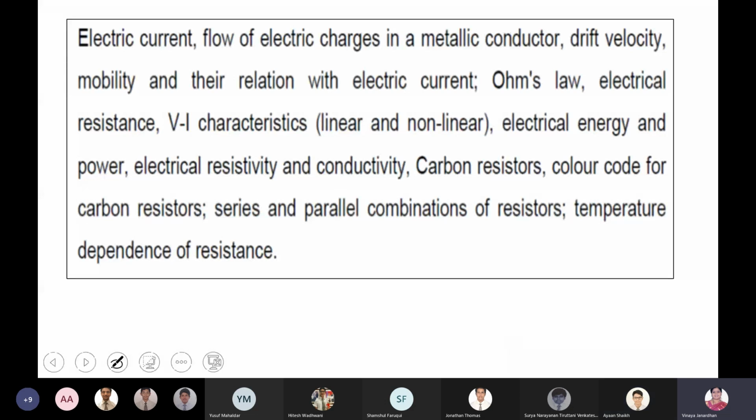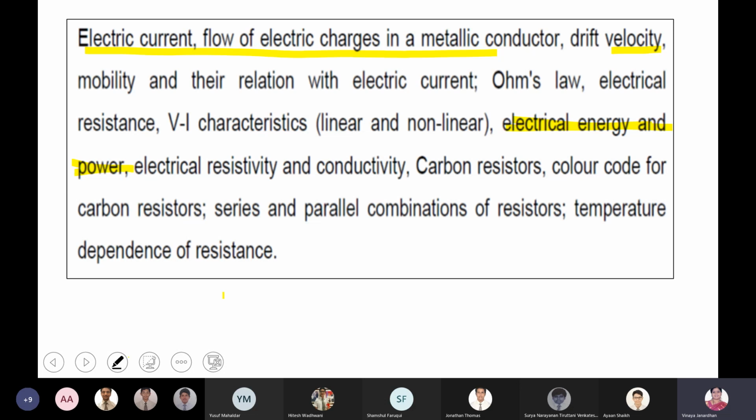And one more thing, what we need for the examination, that is PT1, these are the topics. We have completed all these things. What I need to complete is electrical energy and power. Now, this you have learned in your lower grade. You know what is electrical energy? H is equal to I squared RT, P is equal to V into I, those formulas. So we'll do numericals on electrical energy and power.